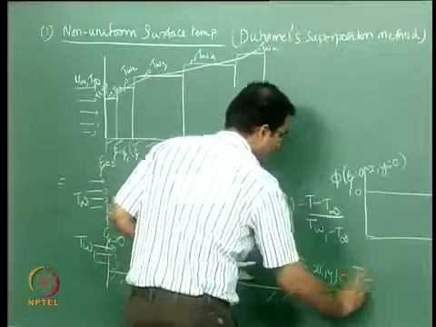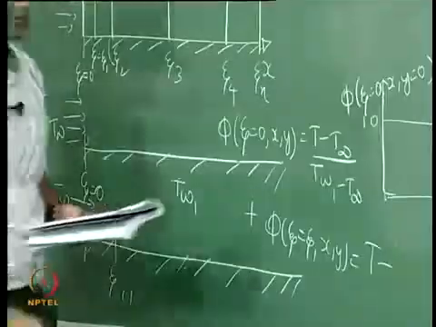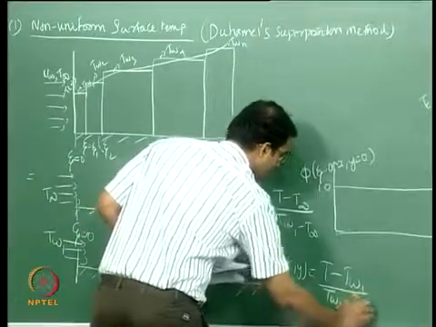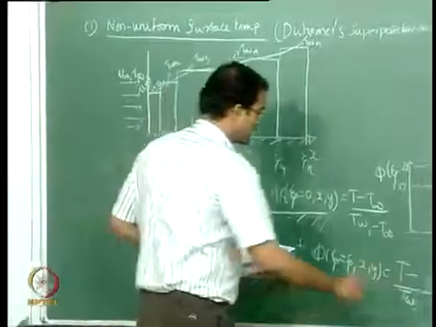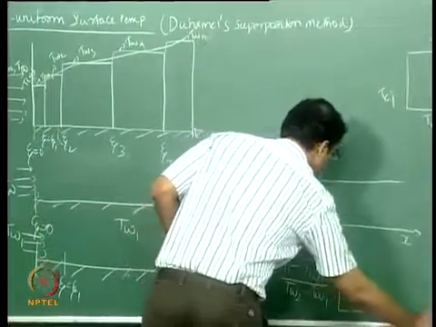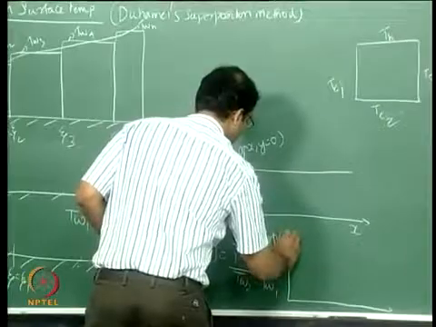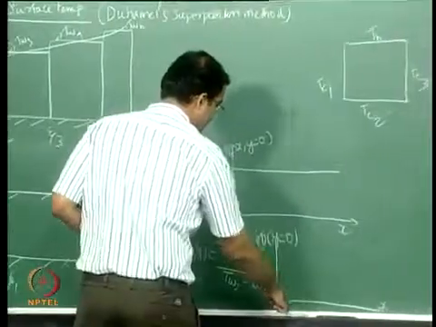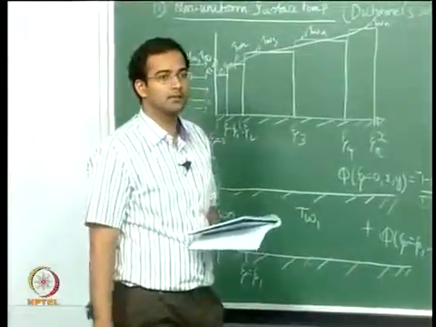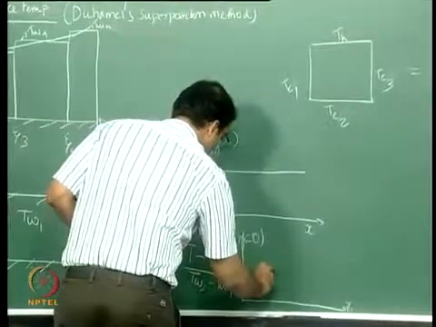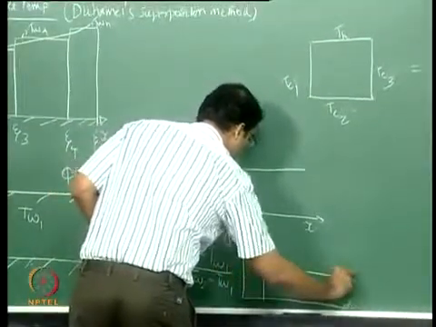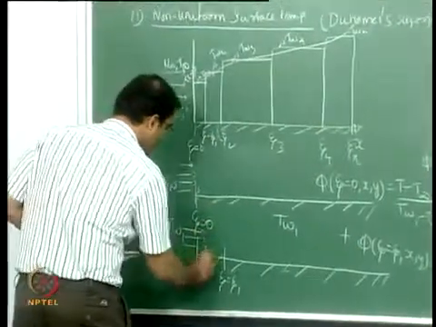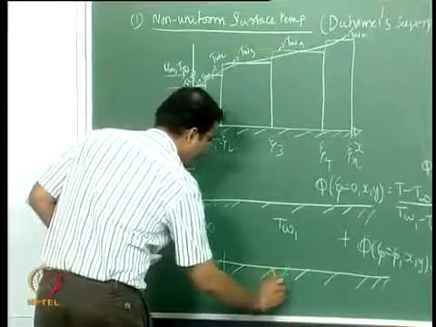Now how do I non-dimensionalize this? T minus T wall 1 by T wall 2 minus T wall 1, exactly, okay. So if you draw the non-dimensional profile at the wall versus x, how does it look? Now initially till zeta 1 there will not be any heat transfer, so from here it will start and this will be 1 throughout, so this will be T wall 2 throughout, okay. So that means this portion is now T wall 1, this entire portion is T wall 2,